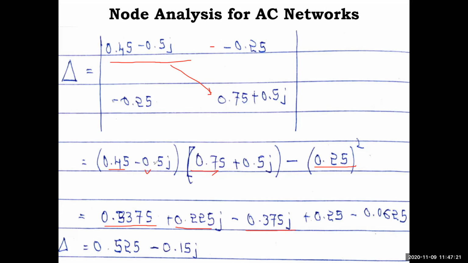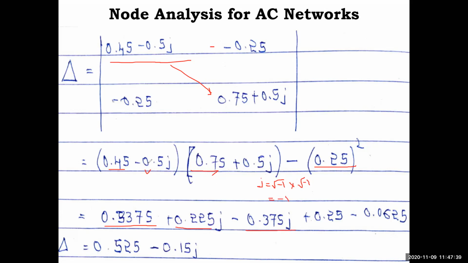Then minus 0.5j and plus 0.5j, you multiply. So j, what will happen? 1j means it is the square root of minus 1. So the j value is the square root of minus 1. So if you take j squared, j into j means square root of minus 1 into square root of minus 1. The square roots cancel out, so you'll get minus 1.